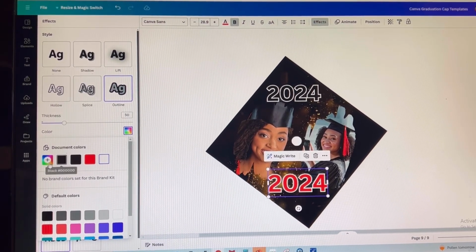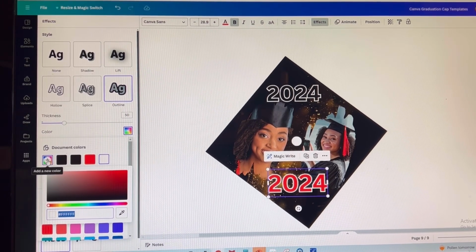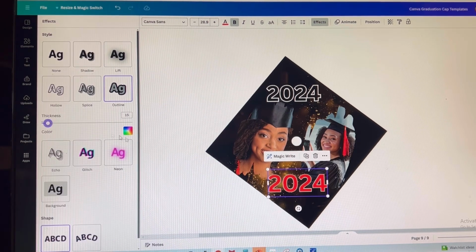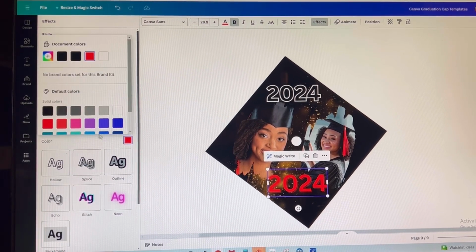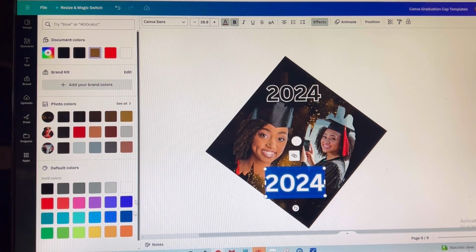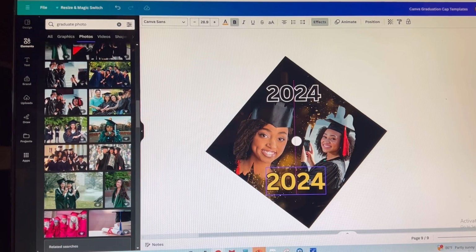All right, so if you're not happy with that color selection, just click on this here, add a new color, and just find a color that will fit your needs. Okay, if you want to add a shadow effect, up here to the top is your shadow effect. You can do that as well. However, I am going to change this text color to a more suitable color for what I'm trying to design. All right, so just basically play around with your text color and outline color that suits whatever theme you're